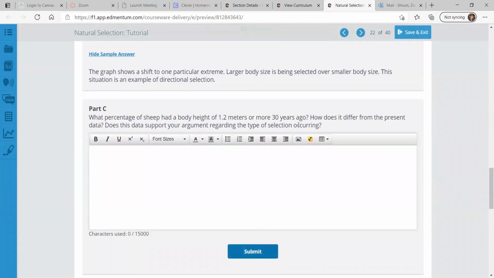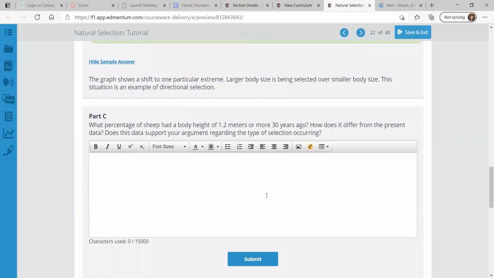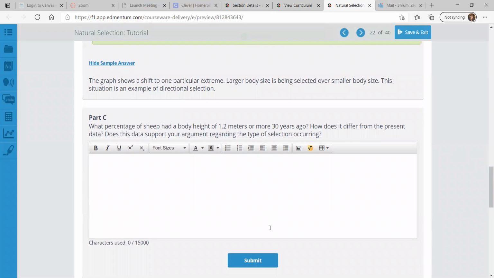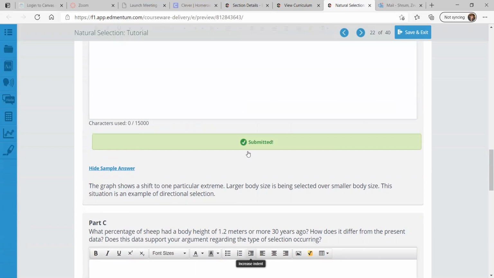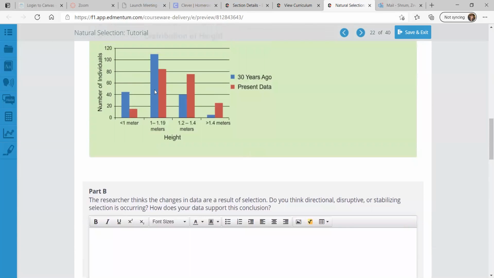What percentage of sheep had a body height of 1.2 meters or more 30 years ago? How does it differ from the present data? Does this data support your argument regarding the type of selection occurring? So how you do this is you would add up the 30 years ago in these two sections. So we have 40 plus, I want to say maybe 5. So 45